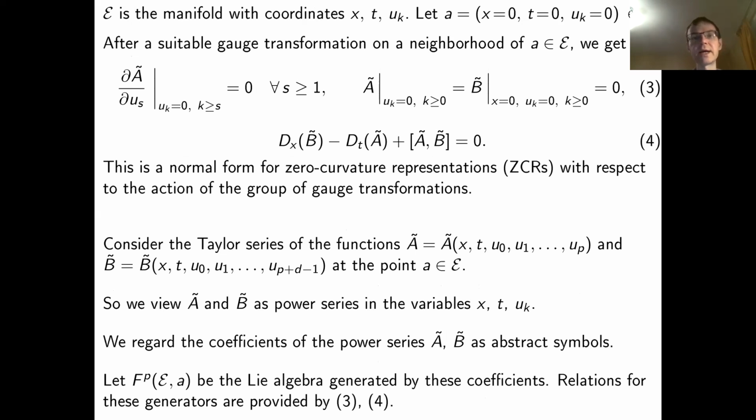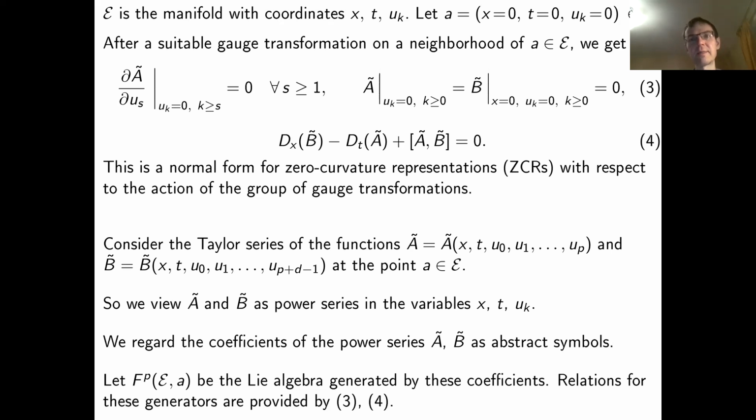Since we have an action of the group of gauge transformations on the set of all zero curvature representations, one can try to find a normal form for zero curvature representations with respect